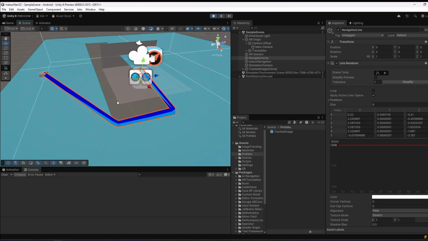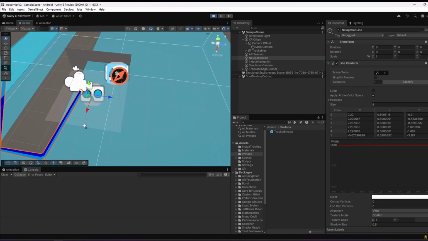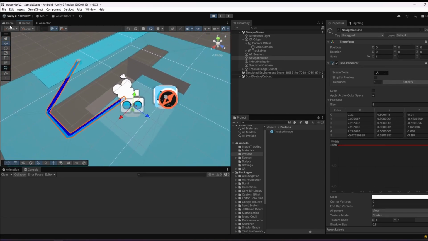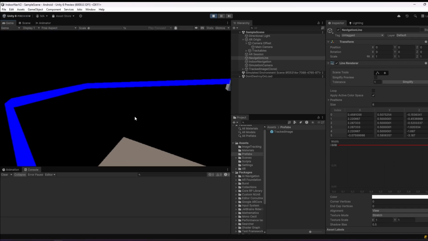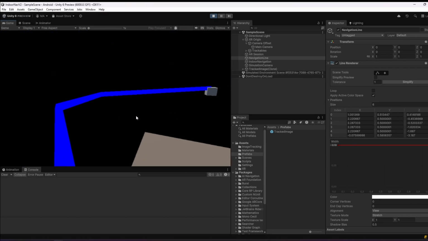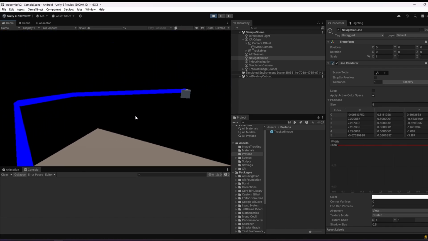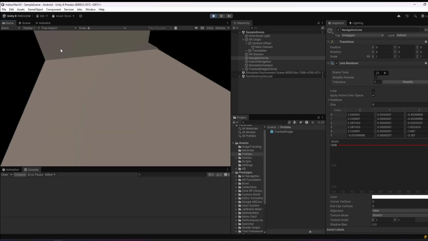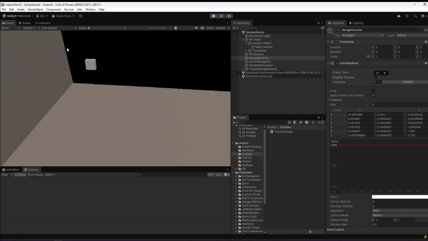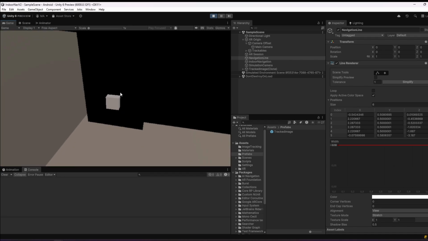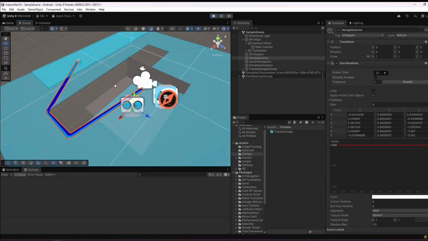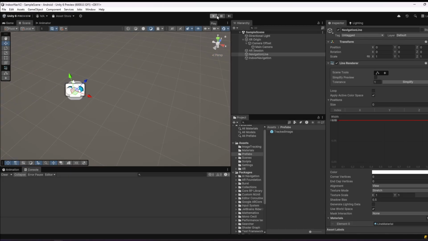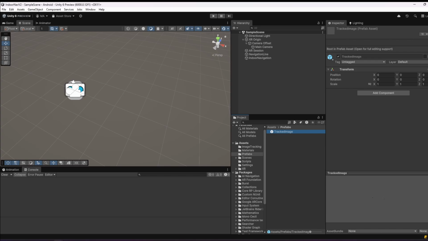If we switch to the scene, there is navigation on the mesh, and as soon as we're moving around, the navigation line will follow the player and adapt to our movement. And because we're using image tracking here, everything is anchored in the room by the image, and the navigation line is visible. Everything that's now left to do for you is to use the prefab,